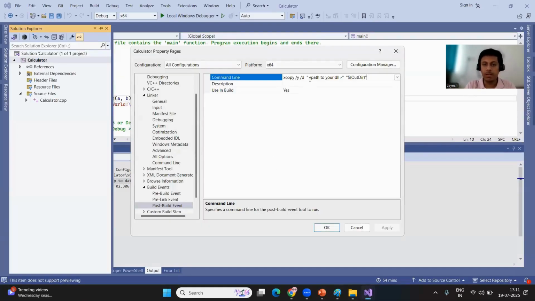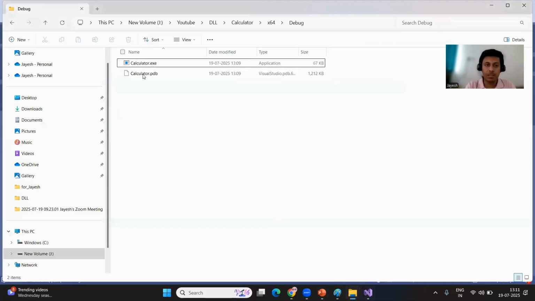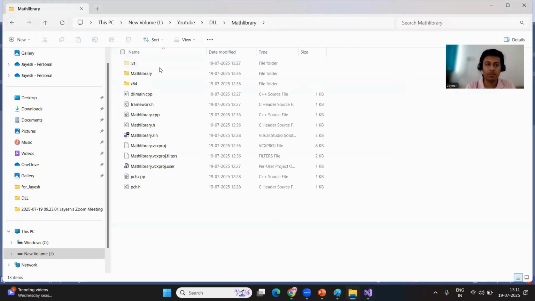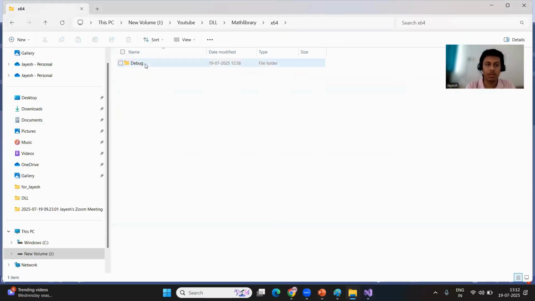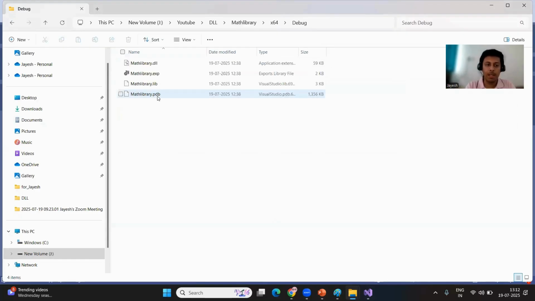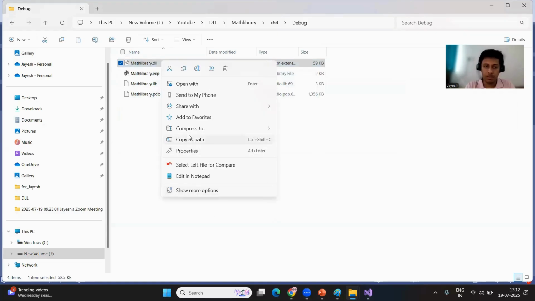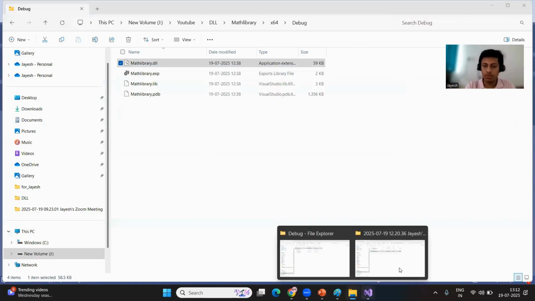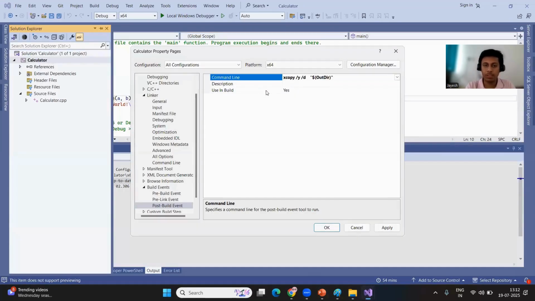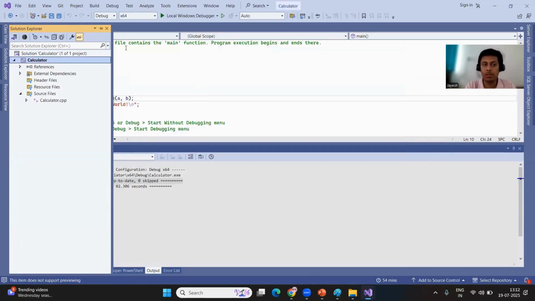Here just put that command, and in place of the path to DLL, you have to give the path to your actual DLL. So just go to our project. Here we will go to our DLL project. This is the mathlibrary. This was our DLL project. Go to x64 debug, and here you can see this is a DLL. So copy the path of this DLL. Copy as path. Go to the project and paste it here. Okay. So now what it will do is copy our DLL when we build our project. Let's